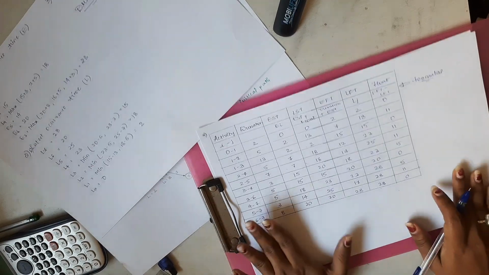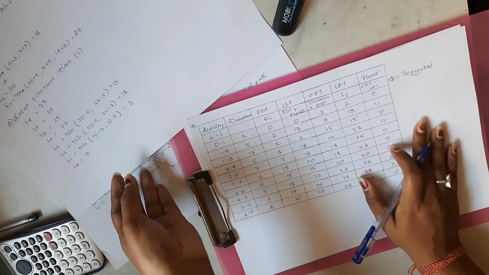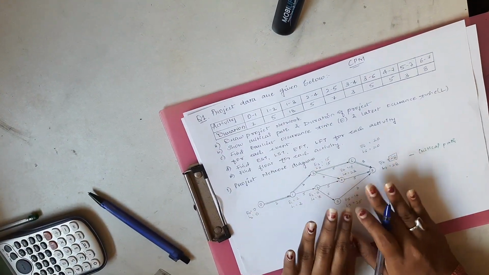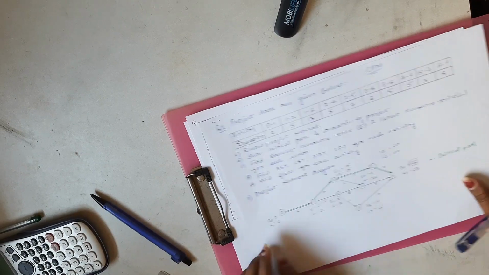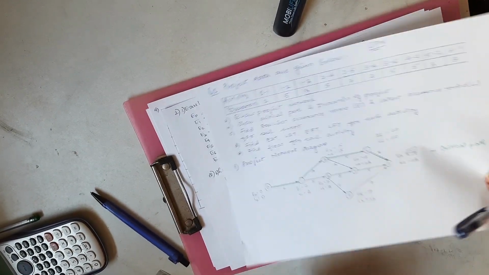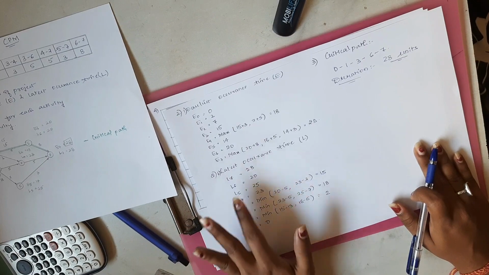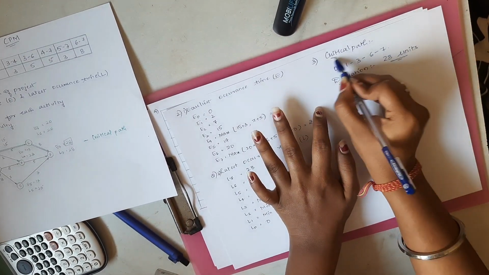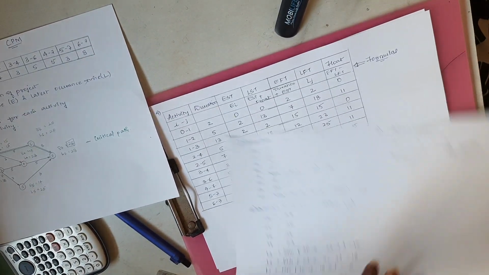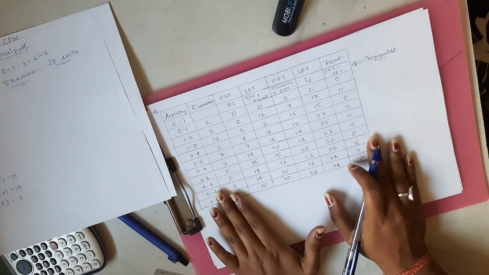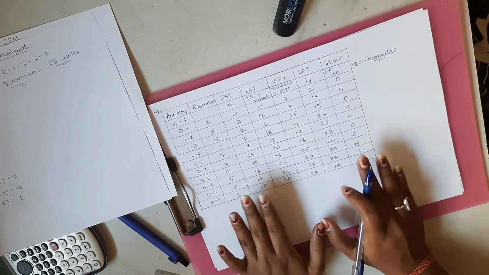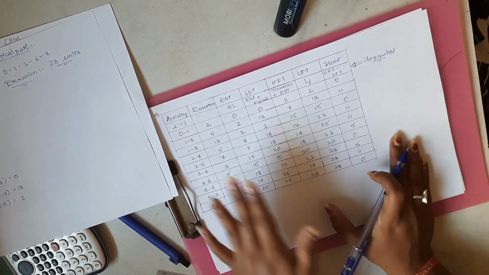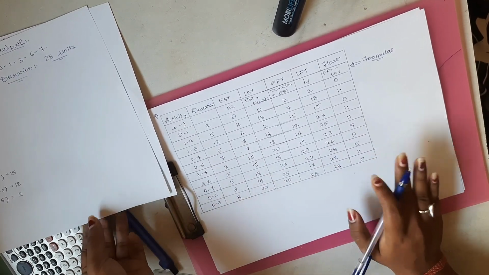So this is the end of this sum, and similarly you need to follow these steps, and it would help you to complete this sum in the most optimum way. So just know these 4 steps. First is the project network diagram. Next is calculating E and L for each event, and that is in 2 parts. Then the third part would carry the critical path and the duration of the project. Don't forget to mention the unit there. And lastly, the fourth step, where we build the table where all the activity duration, EST, LST, EFT, LFT and float calculation will be carried out, and this ends our sum here.